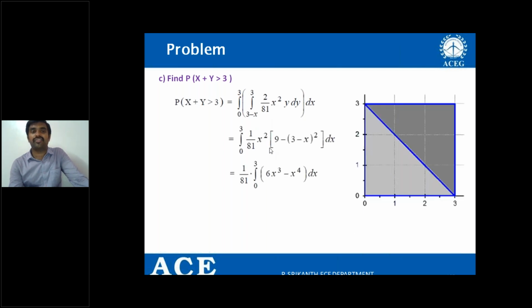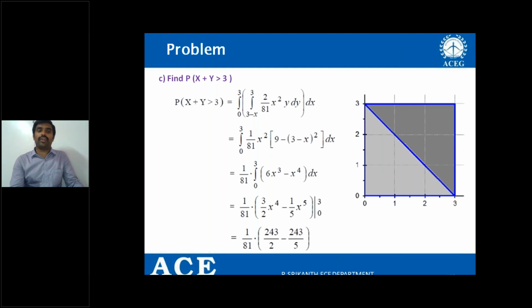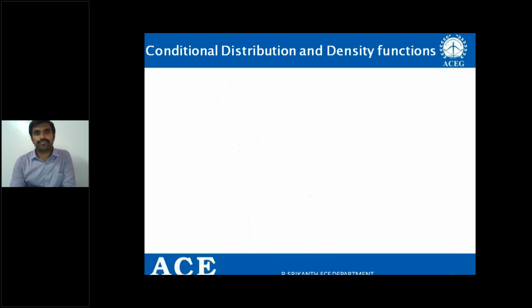And if I calculate the integration and substitute the limits, I'm going to get the result as 0.9. Here I'm integrating with respect to y and substituting the limits, and again with respect to x, I'm integrating and then substituting the limits from 0 to 3. And the resultant value is 0.9. This is the way to solve the problems. Whenever a problem is given, first try to draw the picture like this. Therefore, you will be able to understand what must be known, right?